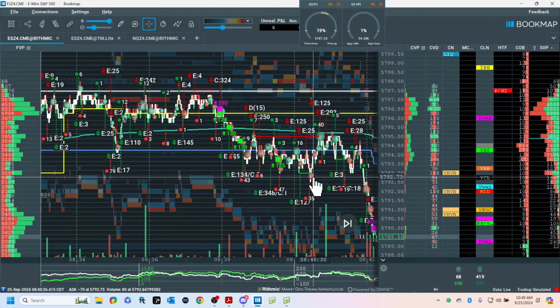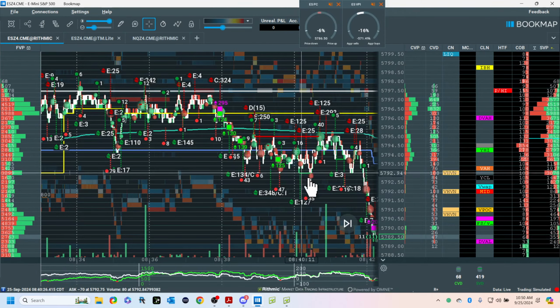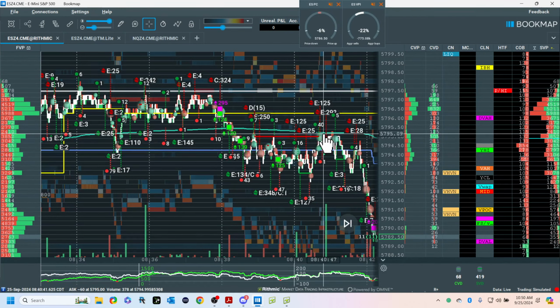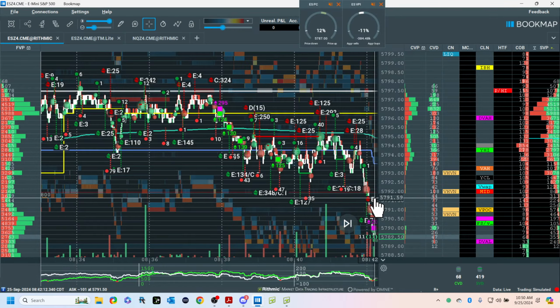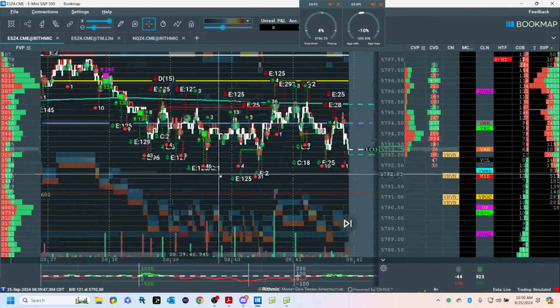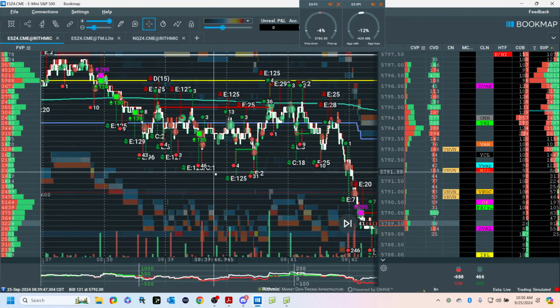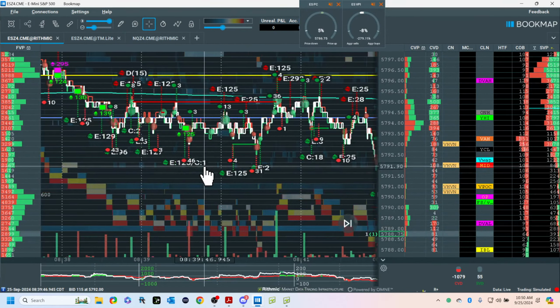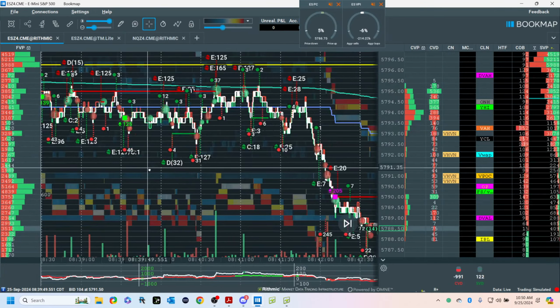So this is support right here. Absorption here. Buyers back to VWAP. We need to come back here and take this out. So what happens? We break. So now it's like, okay, that takes care of the ideas on the longs for the moment. Now, let me get in here.